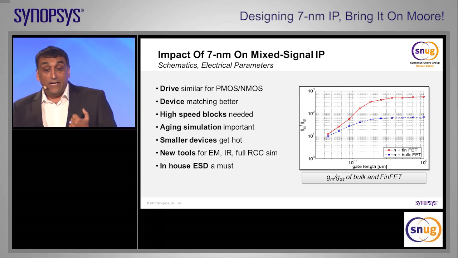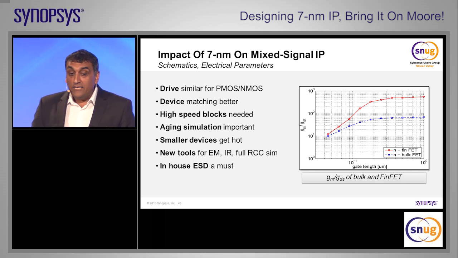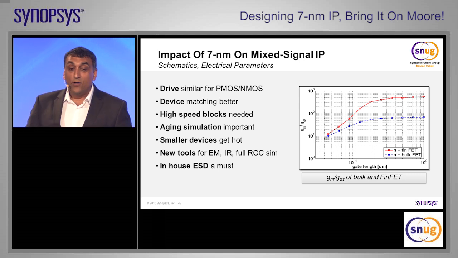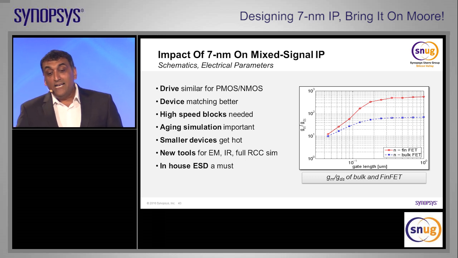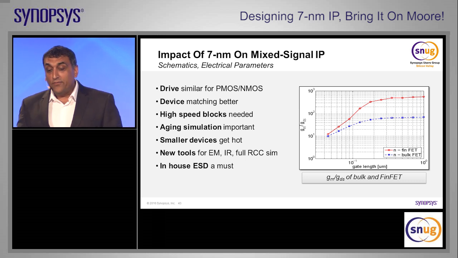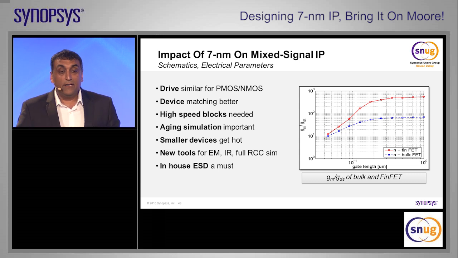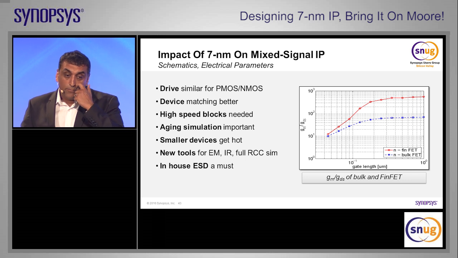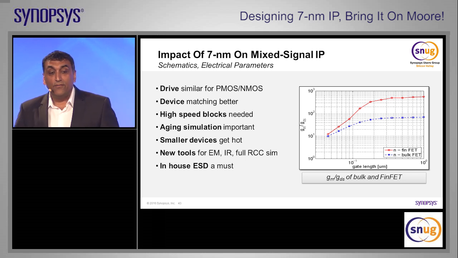So what we're seeing is that the drive strength is similar for the PMOS and NMOS devices. Device matching is better than planar, even at 7 nanometers, although we do see a variation in the oxide thickness and the work function along the fin heights. The aspect ratio is mapped to the gate length and the number of fins. Because of the quantized device sizes, you still have to bin the way you architect a schematic. When you're doing high-speed blocks, the challenge really goes back to the fact that you've got quantized devices stacked. They increase the number of parasitics, which requires a new design for high-speed blocks.